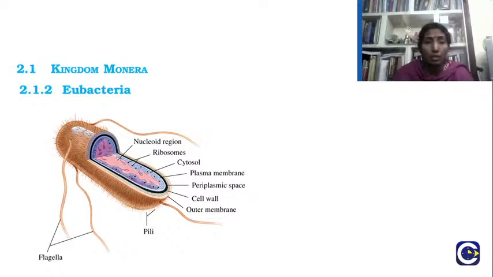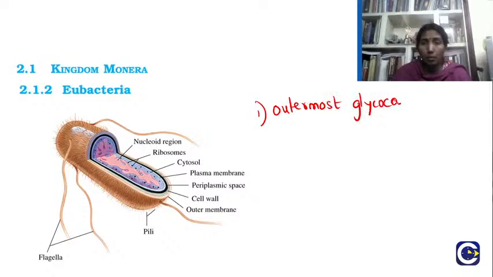See, it has the outer cell wall, the outer membrane, which is the slime layer or so. When I say eubacteria, it has a cell envelope, the outermost layer. It is made up of 3 layers. What are the 3 layers? The outermost is the glycocalyx, which comprises macromolecules. You need to know that point.